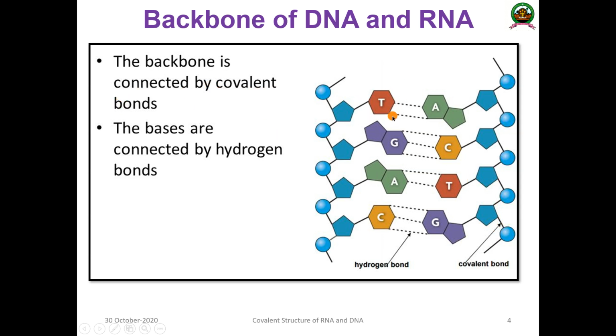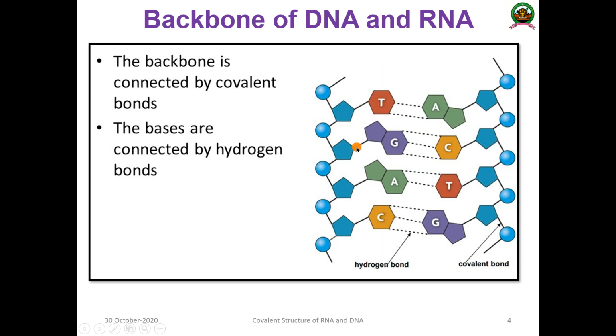In addition to this, you can see the sugar is directly connected with the nitrogenous bases. This is a purine, a 6-membered ring. You can see thymine, and this is a heterocyclic molecule with a pyrimidine and an imidazole ring, a purine. This is pyrimidine and this is purine. This sugar holds the nitrogenous base to the sugar-phosphate backbone by this bond, which is known as the glycosidic linkage. This is the second type of linkage.